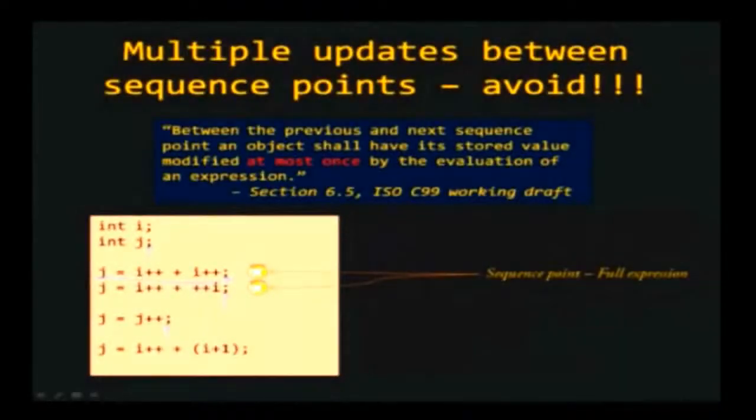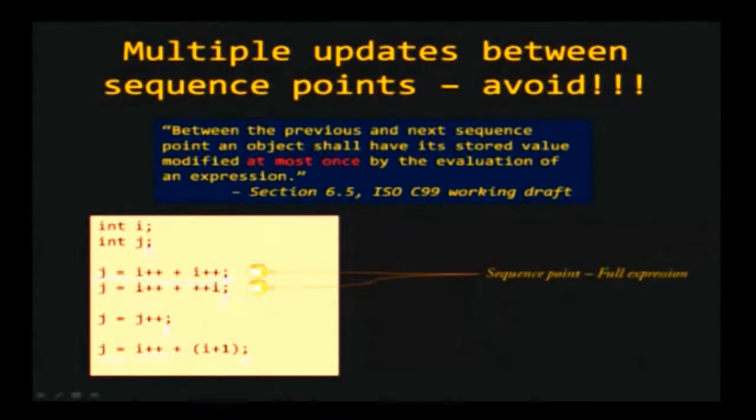The last expression is interesting. If you look at the two sequence points here, you have one full expression here, another full expression here. Between these, the value of i is updated only once, and the value of j is updated only once. So it is not that the value of i or j is updated more than once, but